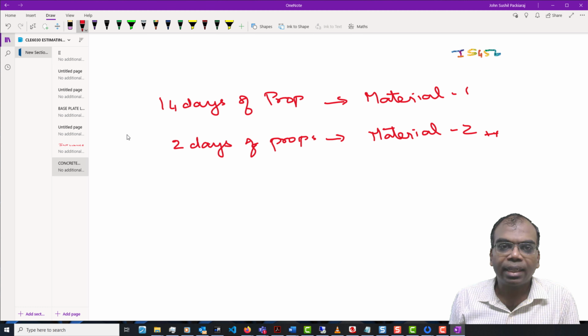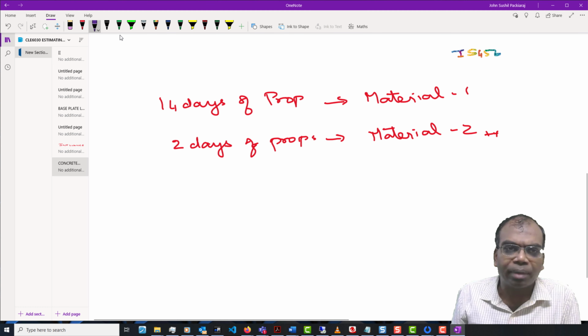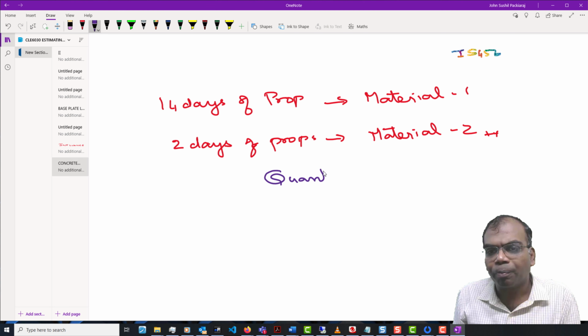Okay, now let me go a little further. There is a cost involved in using material 2 or material 1, but there is a very big saving in time. If you have followed any of my construction material management lectures, there is a triangle which I always draw.